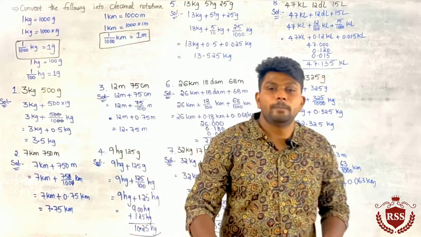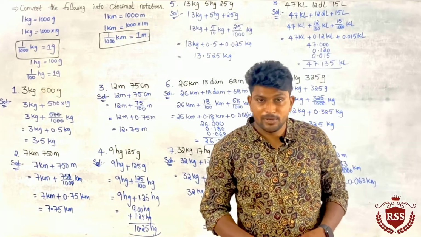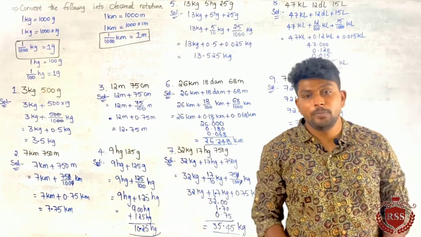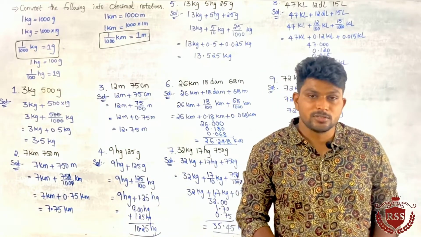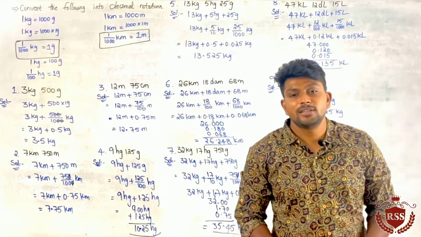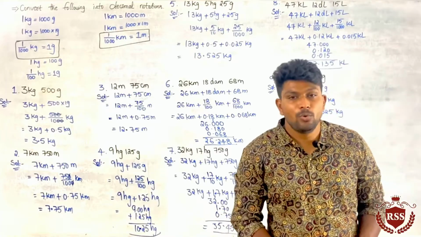By doing more practice you get a clear idea about these decimal notations. Once again I am telling you that these are very important topics. Damn sure we get one question from these decimal notations. Very simple, and easily we get the 3 marks. So that's why please concentrate more.